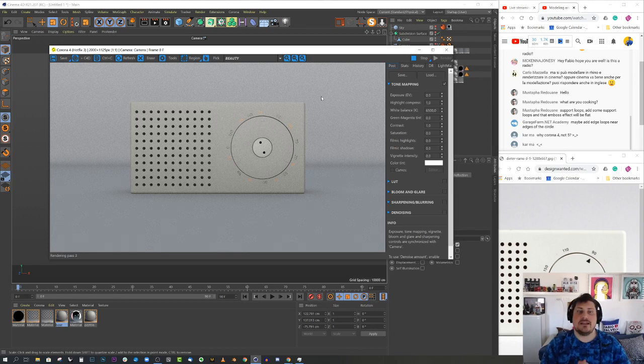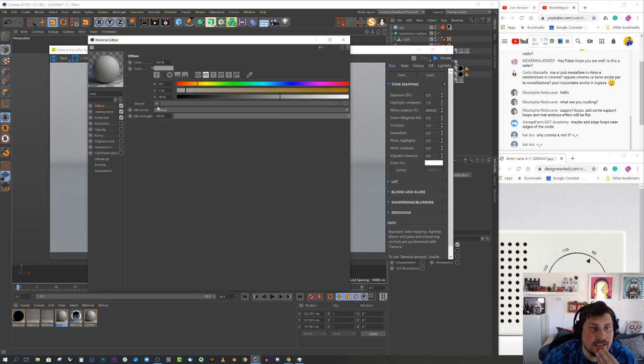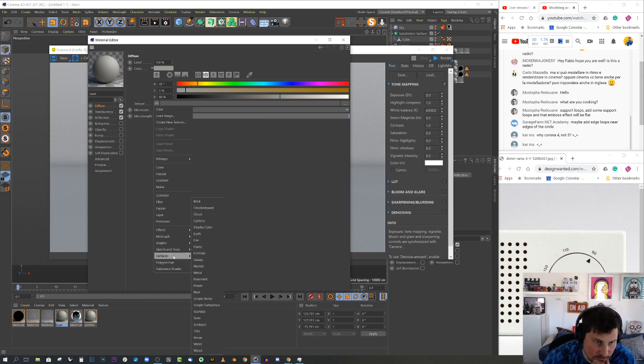Yeah, not bad, not bad. Okay, let me add to the color of the base. Is there a way for me in the diffuse to add, I guess I can add sort of like